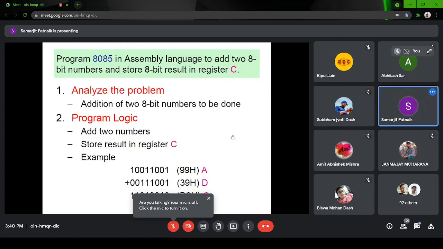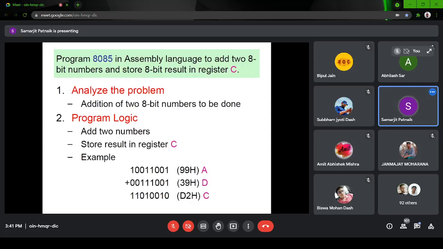Let's take a small example. Suppose I want to write a program for addition of two 8-bit numbers and store the result in register C. You can take any number. In this case, we have taken 99 and 39.